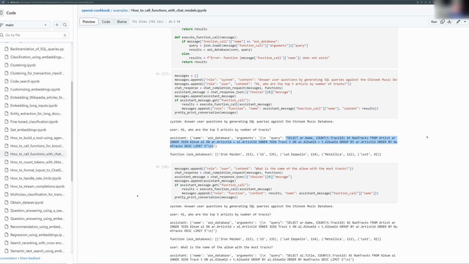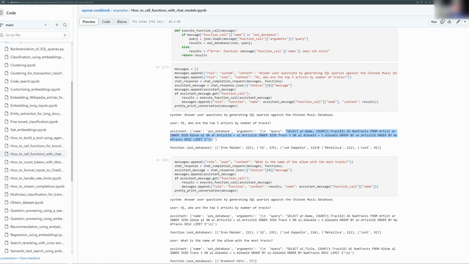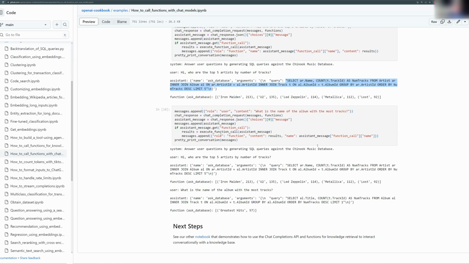So it's able to generate this query, then you would run the query and get the data back, and this is the answer back. You pass this back to ChatGPT, to the OpenAI model, and then